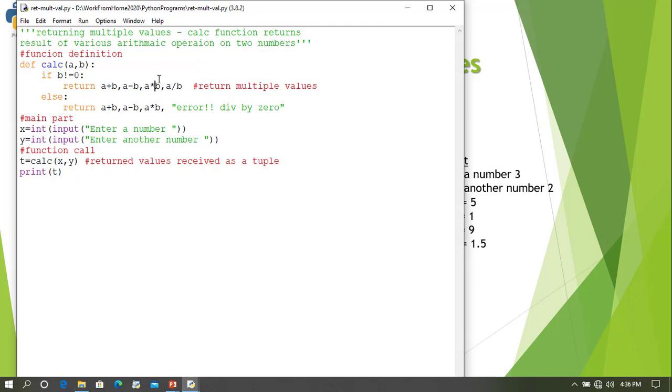Now here in this example we are returning multiple values and accepting them through a tuple. So let us run this file, save. Same example we have done, but in this case we are returning multiple values which are being received as a tuple.